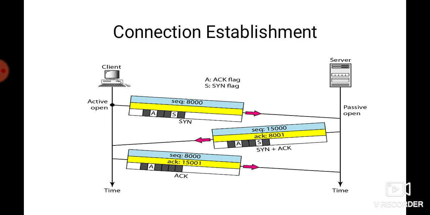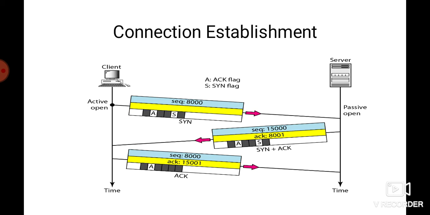Next the server sends the second segment, which is a SYN plus ACK segment, with two flag bits set. The first is SYN and the second is ACK, because we have a sequence number and an acknowledgement also. This segment has a dual purpose. It is a SYN segment for communicating in the other direction, and it also serves as the acknowledgement for the SYN segment received from the client. It also consumes only one sequence number.